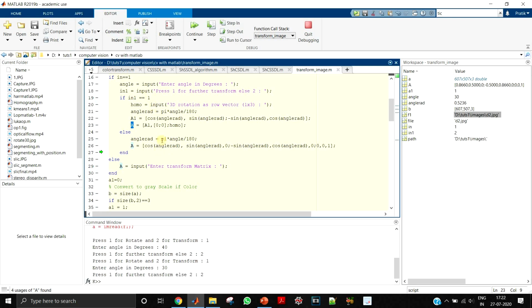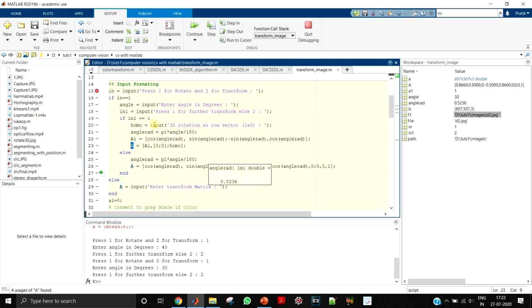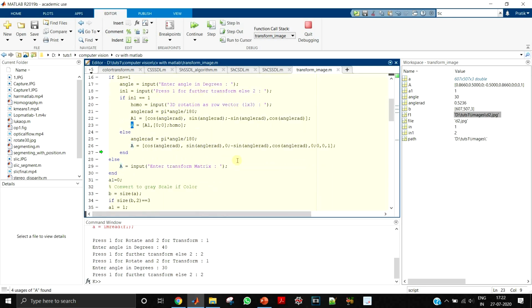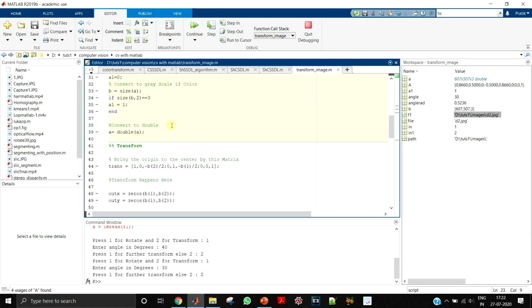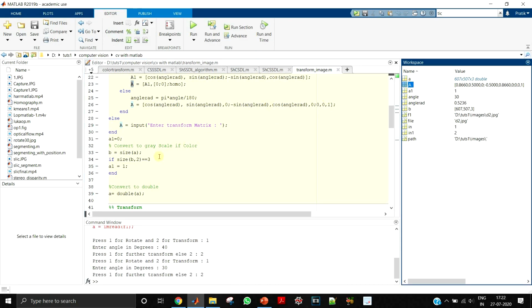Like this I have formatted this input so that I can ask the user how they actually want to transform the image, and it will make the transformation matrix as desired. Now that is done. After these input statements, your transformation matrix is created and saved in A. So I have my transformation matrix in the A variable.